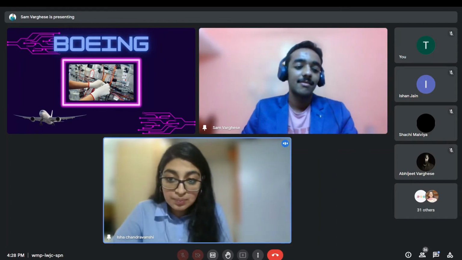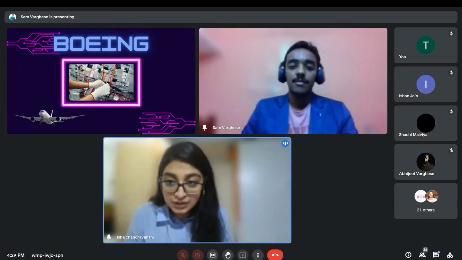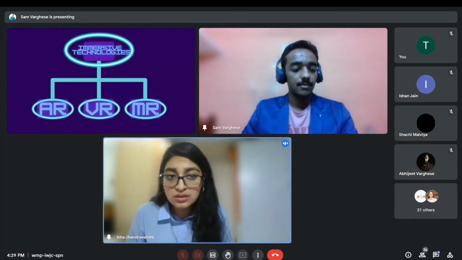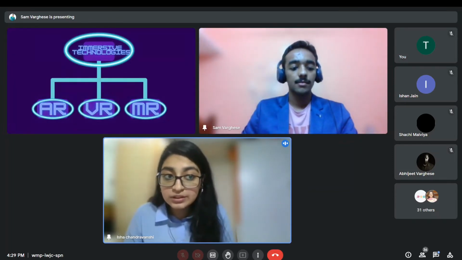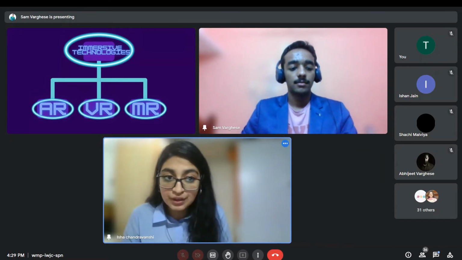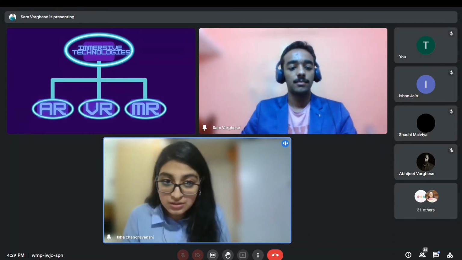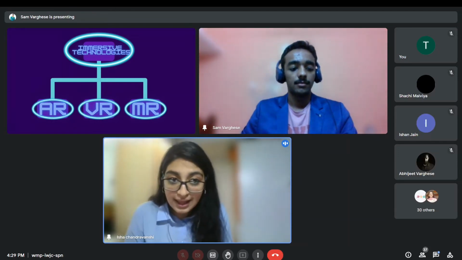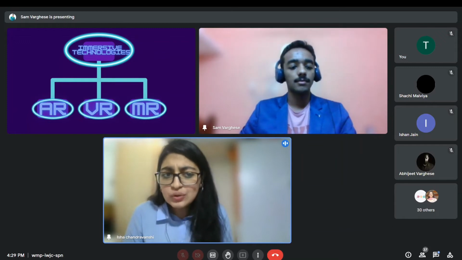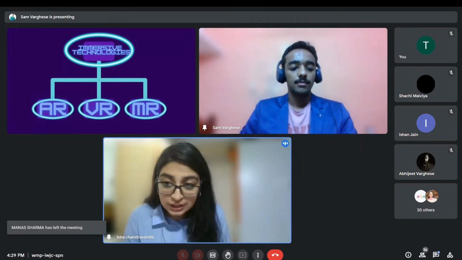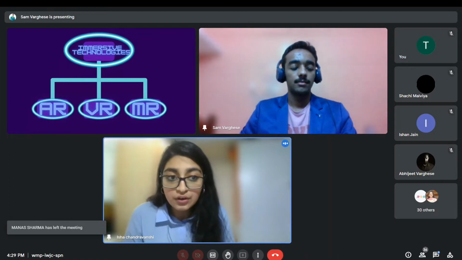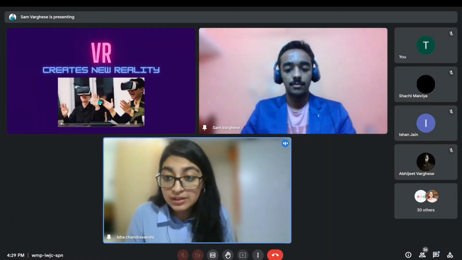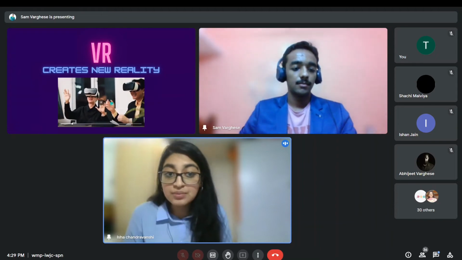Augmented reality is part of a broader term, immersive technologies. Immersive technologies create distinct experiences by merging the physical world with a digital or simulated reality. It can be categorized in three parts: virtual reality or VR, augmented reality or AR, and mixed reality. Let us look at the basic differences between the three technologies. VR, virtual reality, is a simulated experience that can be similar to or completely different from the real world.